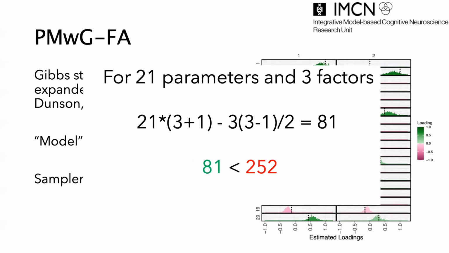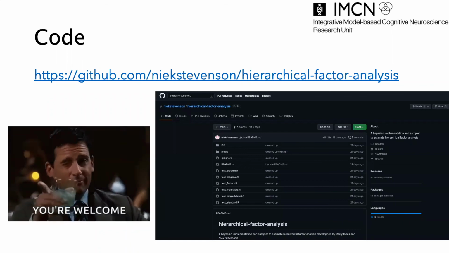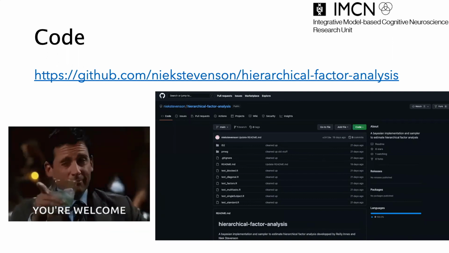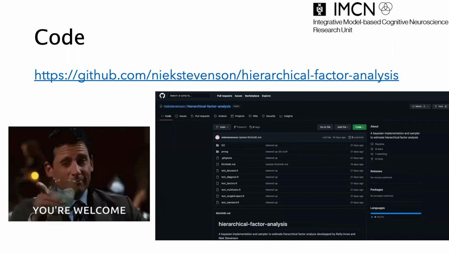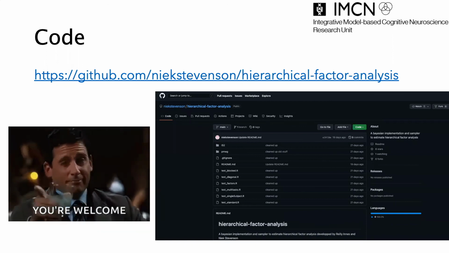Okay, so great. Now you have your evidence accumulation models for each task for each person. You're convinced by the factor analysis pmwg method, and you want to get started. Well, the nicest thing about these methods, we've done all the hard work already and made nice code for anyone to use. Well, anyone that has a likelihood function for the subject level model. The group level models and priors on these are all worked out and included in code, which can be found here. Good job, Nick.